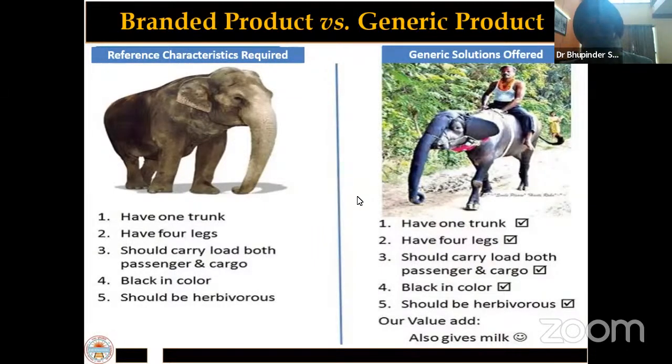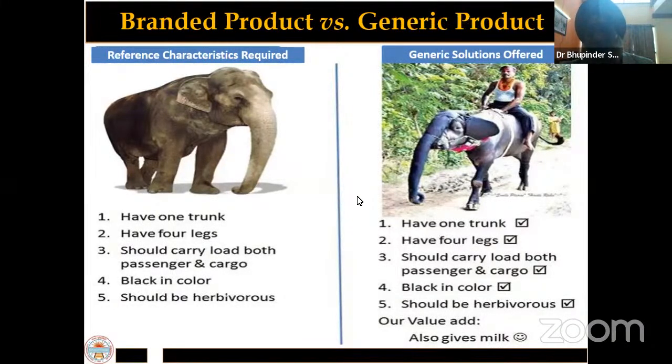If we compare the individualistic traits, you see the right hand side product has all of these similar traits. It has one trunk, which the reference listed product, the elephant, has got. It has four legs, and it should carry a load of passengers as well as cargo. So the guy is demonstrating that